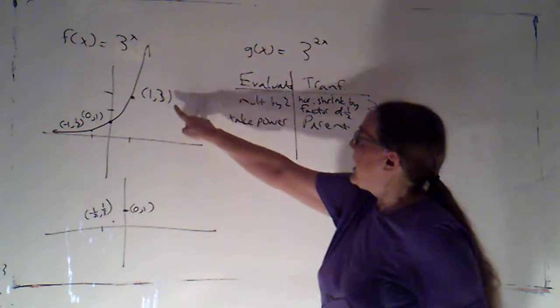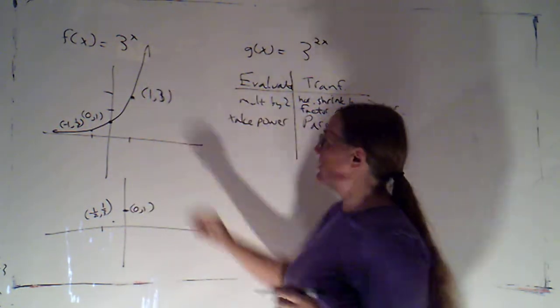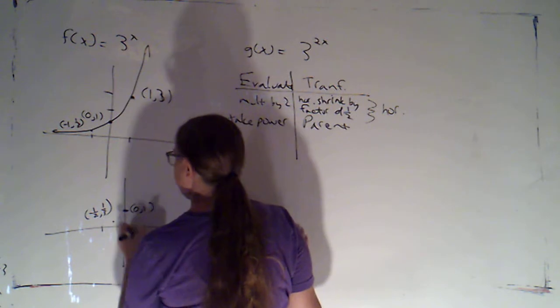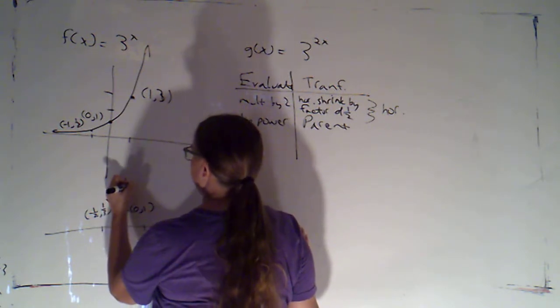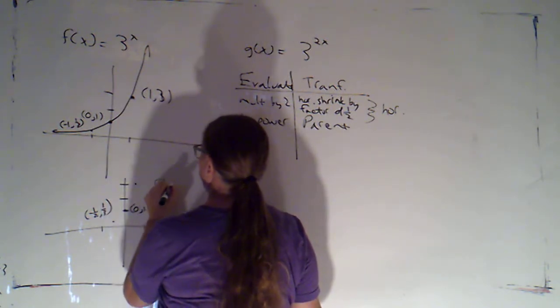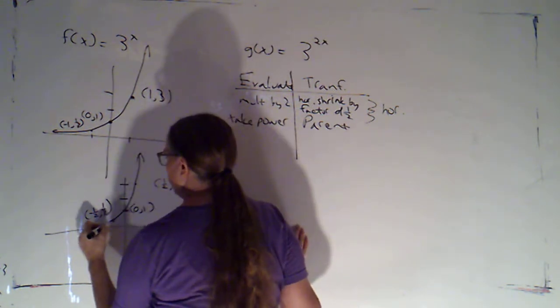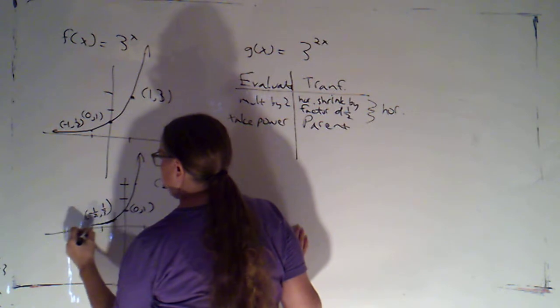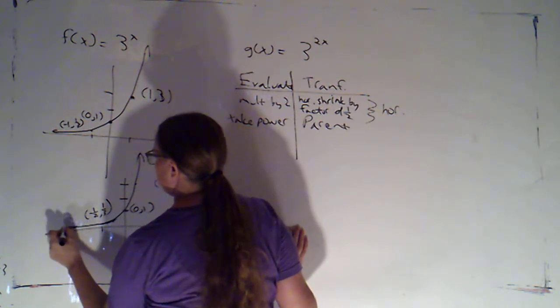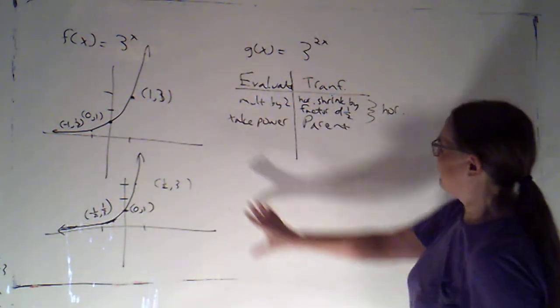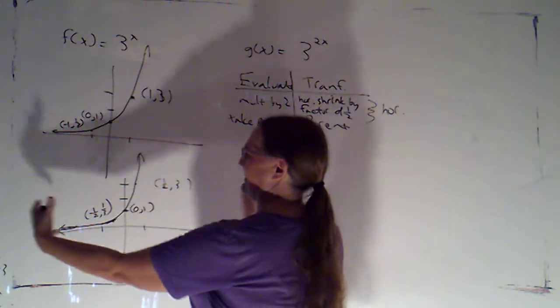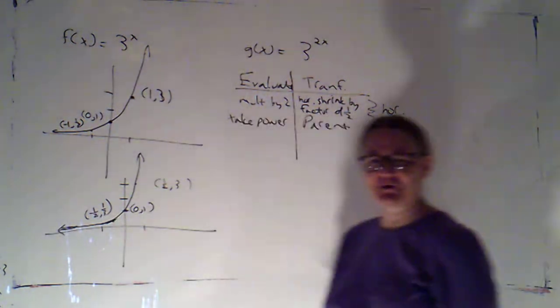And this point, instead of being at (1, 3), is going to be at (1/2, 3). With a shape like this, it's a little bit hard to see that we've done a horizontal shrinking,